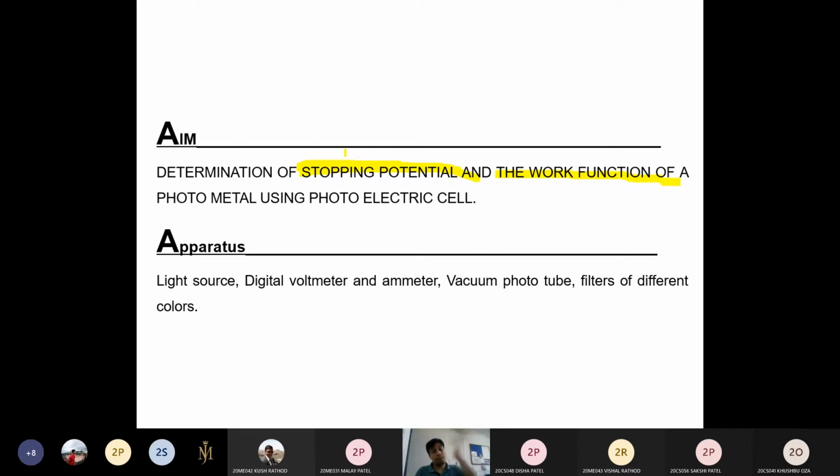Okay, after completion of all the procedure, you will be able to see that we are not performing the photoelectric effect experiment, but we are verifying it. We are doing something opposite, reverse to the photoelectric effect, because Einstein has already told that whenever you incident light on any metal, the electrons inside it will get energy. Now whenever they get some energy, definitely they will go outside of the material.